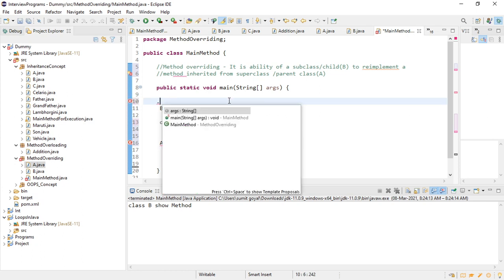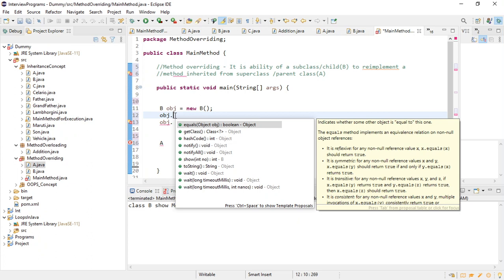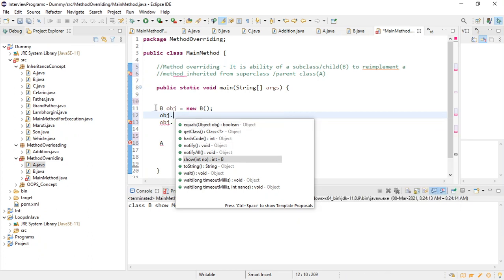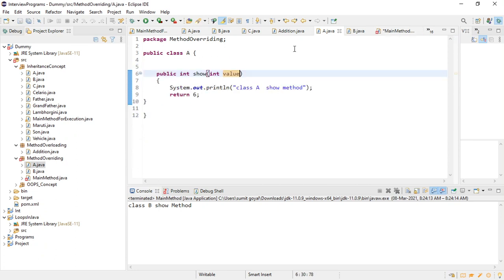Now you can see only one method will come, obj dot. Only one method is coming, which is coming from class B if you declare the object like this, right? So if I remove this and print it, let me again take the simple one instead of doing this.